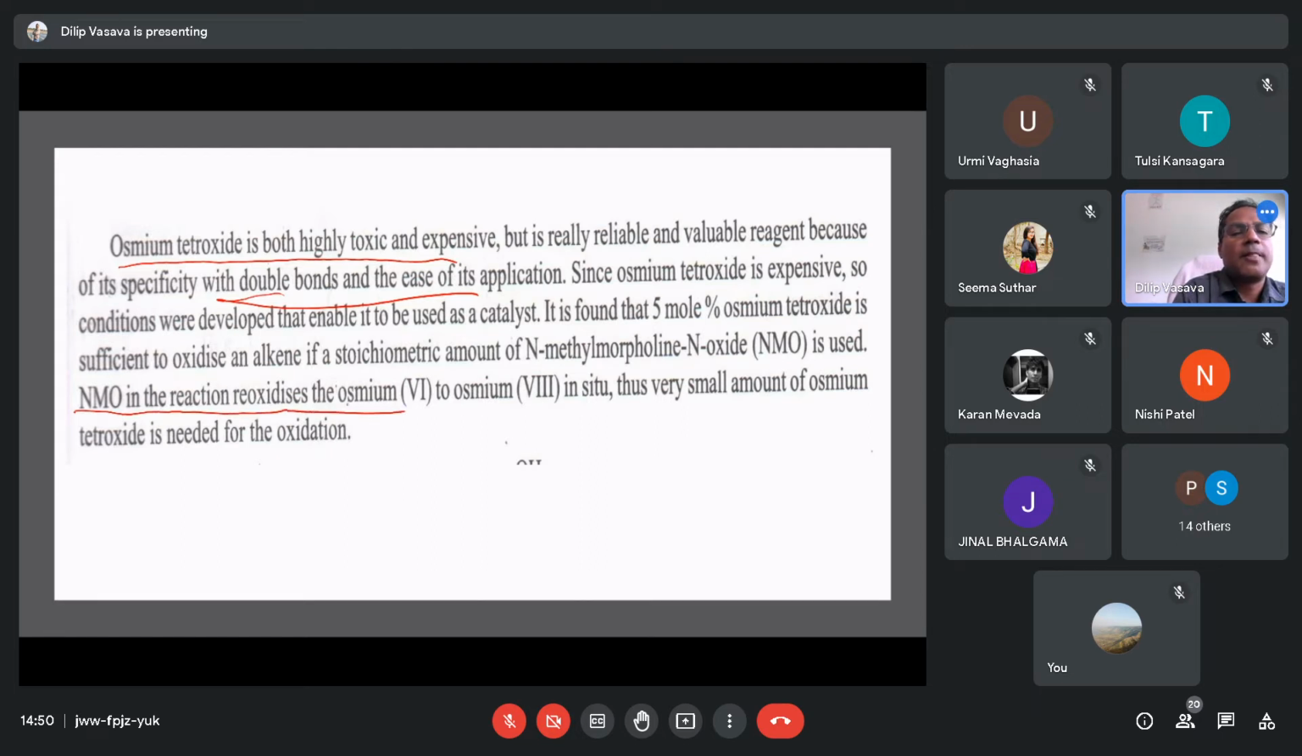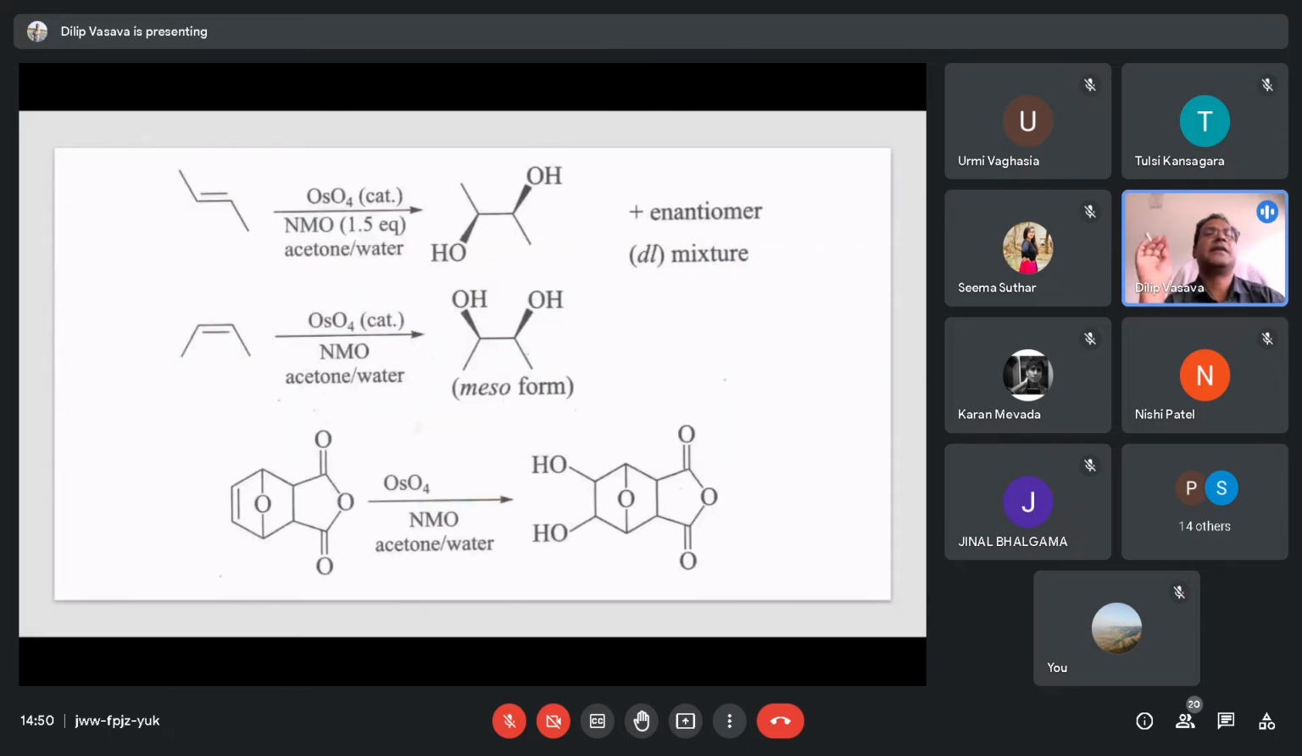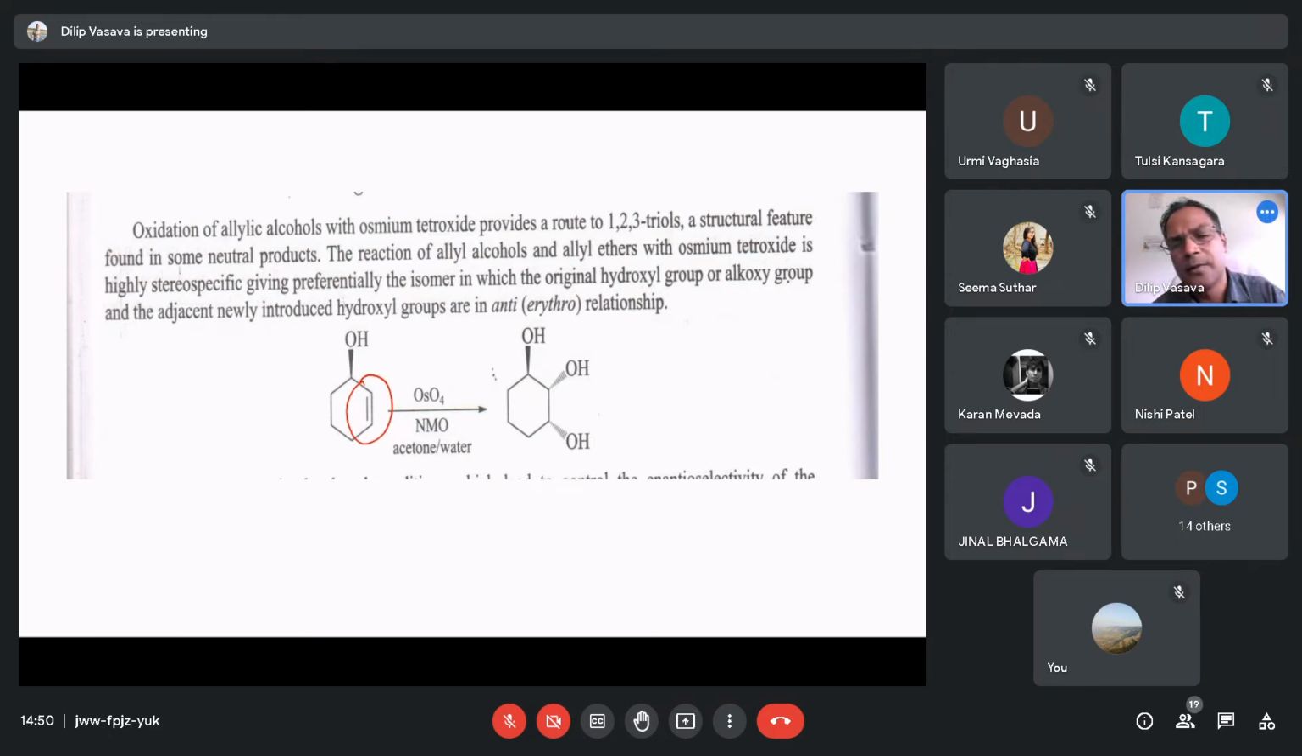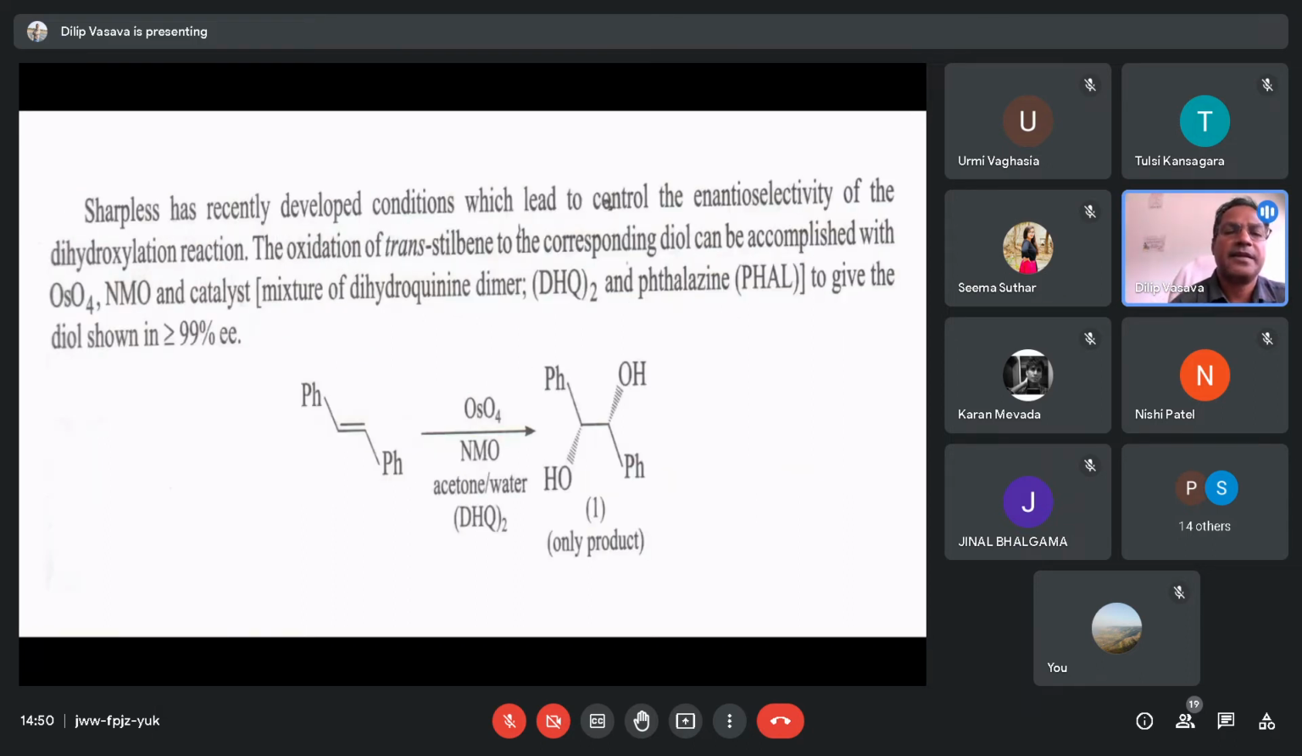NMO. So this is the osmium tetroxide. These are the reactions in which it oxidizes the specific double bond. Here also, in the ring the double bond is given, so it is oxidized. Now already one OH group is present, so the diol is going to form in this case. Here also